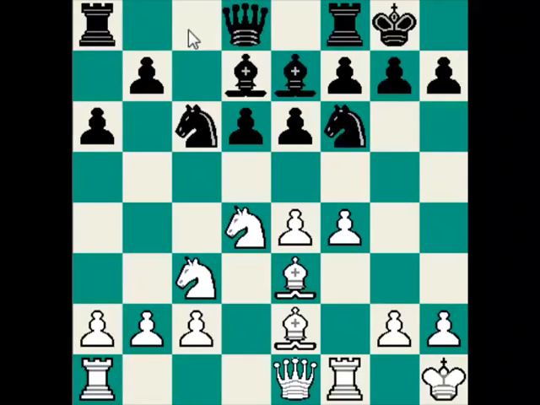The reason why rook c8 is not a very good move is this. We have a typical position for Sicilian, and rook c8 is a typical move, one of the standard moves. But in this